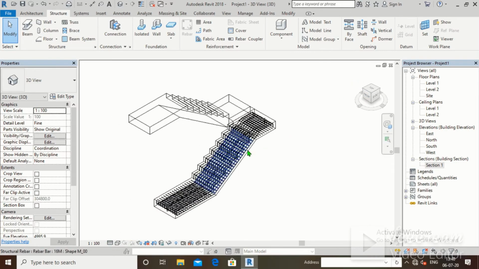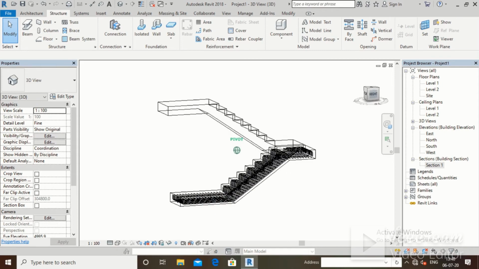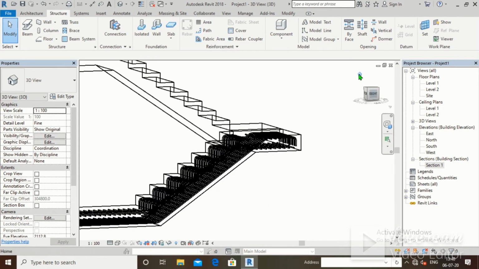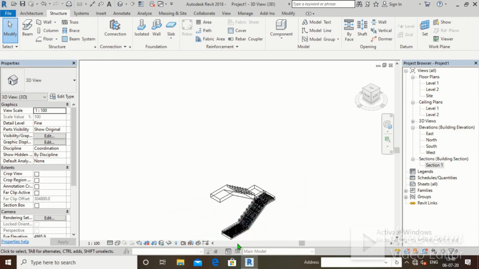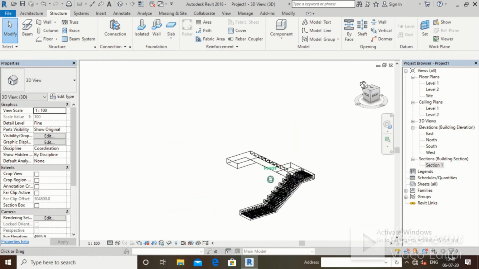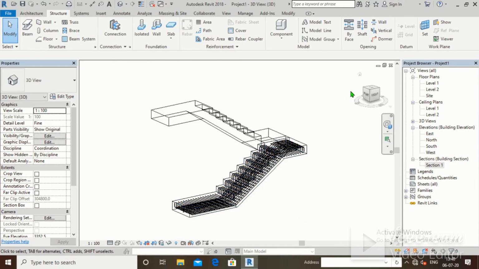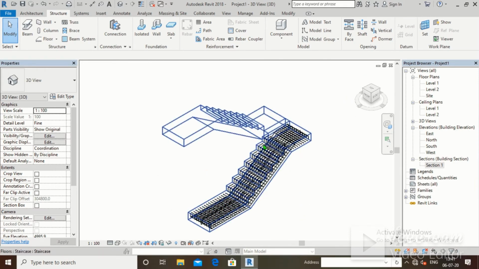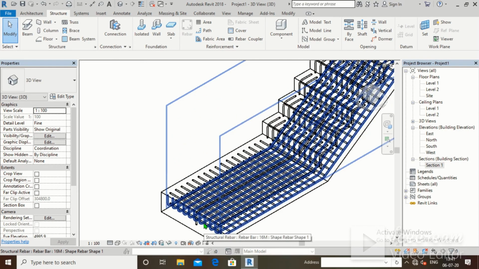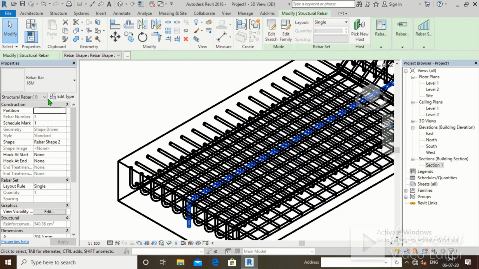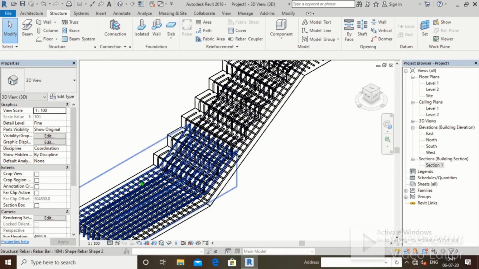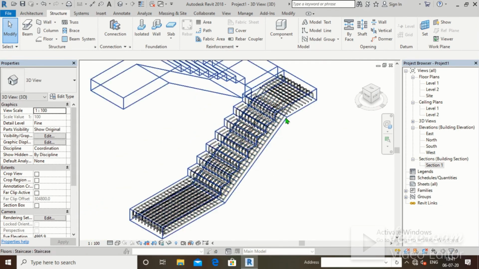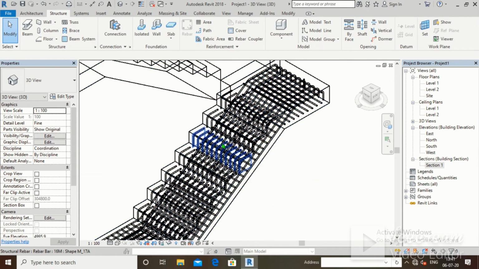and just watch it from here. See if anything is remaining in it. I guess everything is okay right now. So we just need to provide color to the structural rebar. Okay, this bar is remaining, maximum spacing. Okay, this is that bar. Just check whether anything is remaining or what. I guess everything is okay.